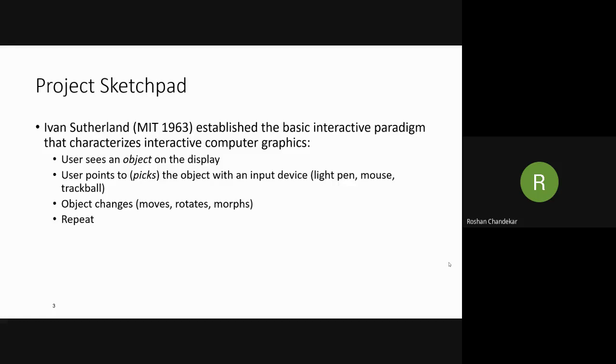The user picks the object using an input device like a light pen, mouse, or trackball. The object can be moved or rotated, and we can repeat the procedure. So Ivan Sutherland established this interactive hardware device where the user can see the object on the display, point to and pick the object, and change the object on that display.